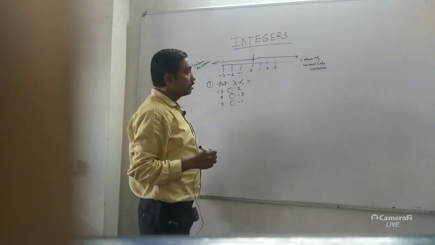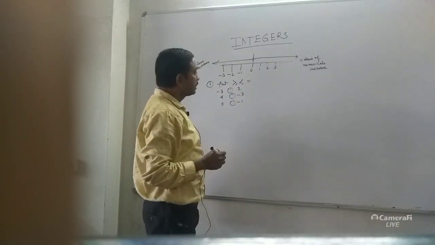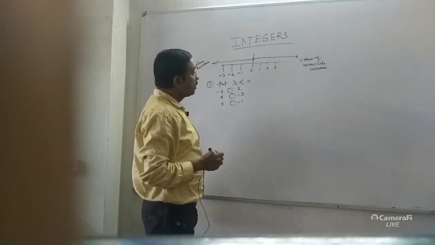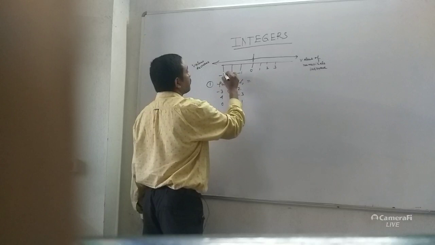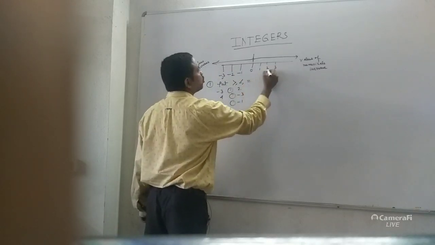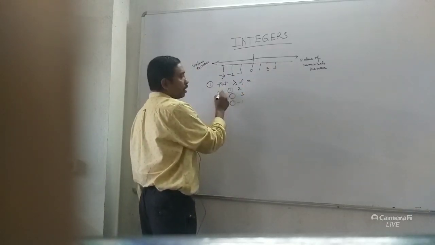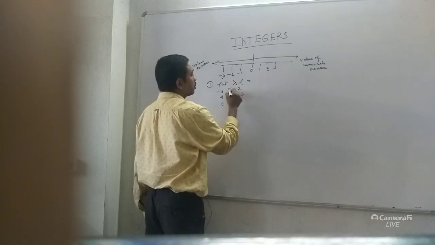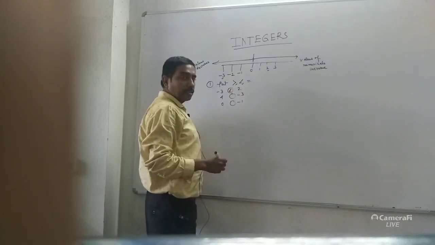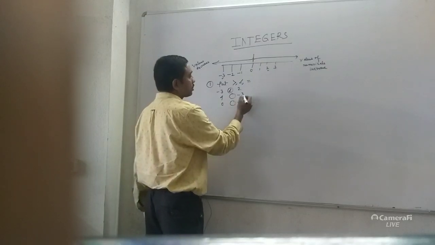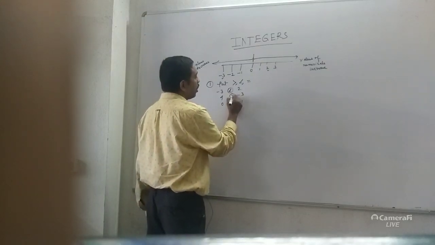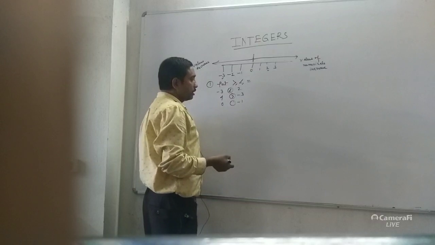Now which one is greater, which one is less? This is called the comparison of integers. Here look at minus 3, this is the position of minus 3 and this is 2. A negative sign is always less than a positive sign, so you put the minus one as less. This is very easy. Now the second one, this one has a positive sign, this one a negative sign. So which one is greater? Always 4 is greater than minus 3.